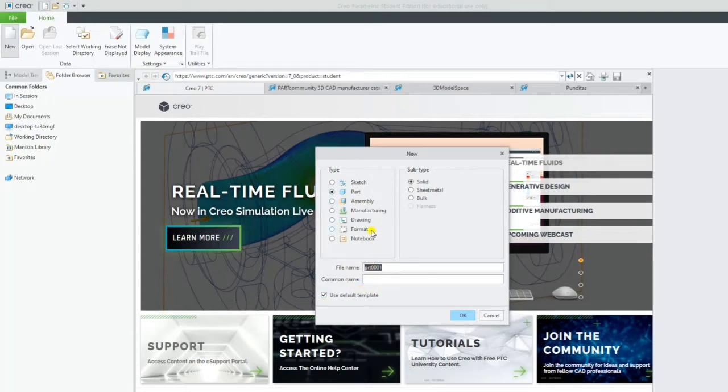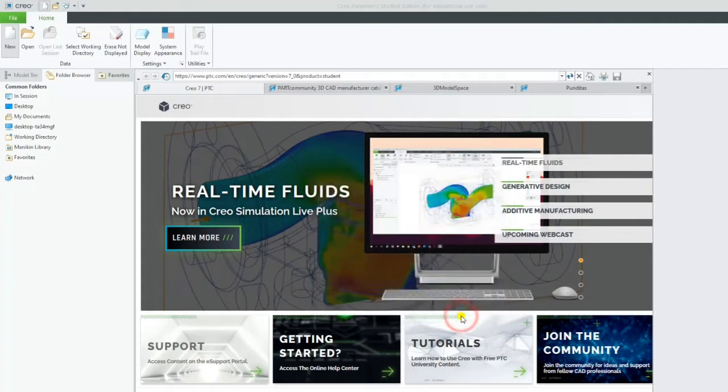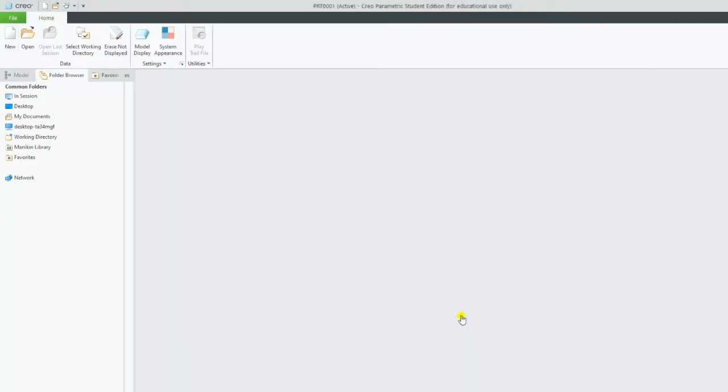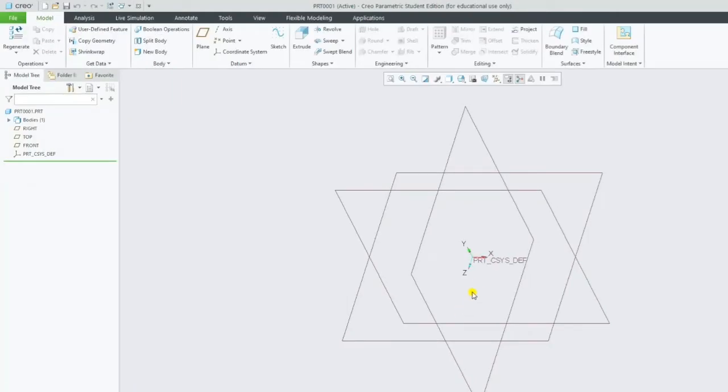Since we are discussing the trimetric and isometric, we'll show you how it appears. By default part, you can take part and click OK. Wait for a second, and then a window will open. Now if you see, there are 3 axes. We have the x-axis, this is y, and this is z. These trimetric planes are not equal to each other, meaning the angles between these are not equal.